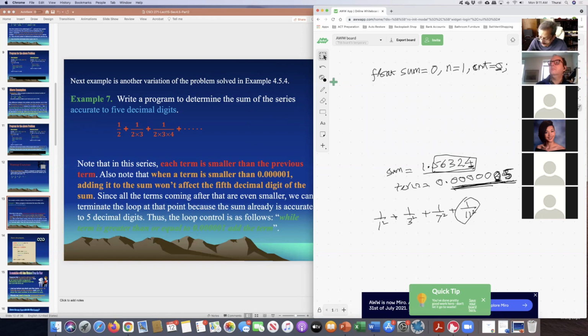I need to introduce a variable term in my program. Float term. In the previous version of the program, I didn't have to store the term anywhere. I just added it to the sum. But now I have to compute the term and store it, because term is going to control my loop. So while